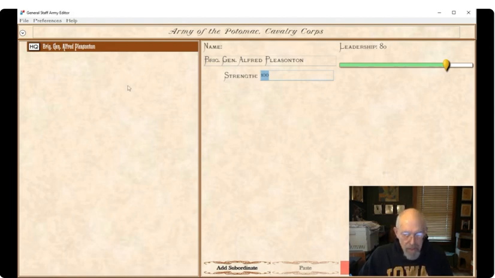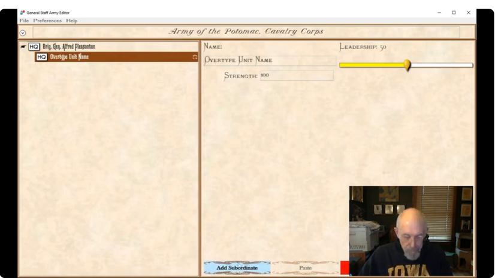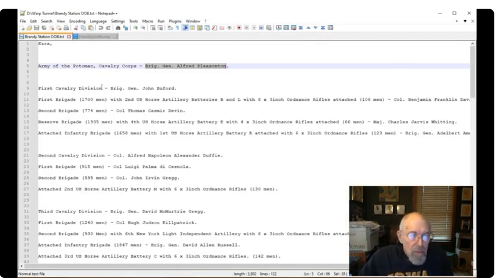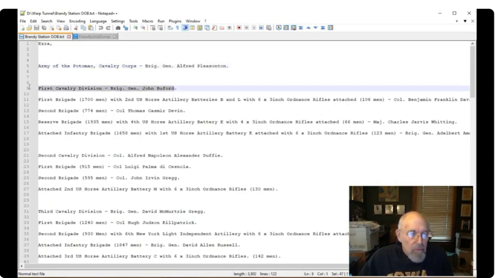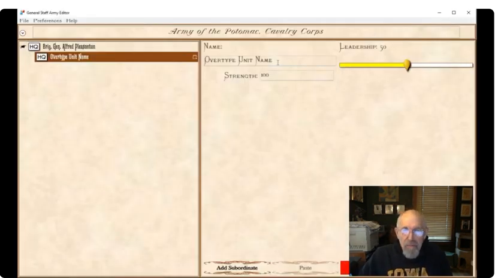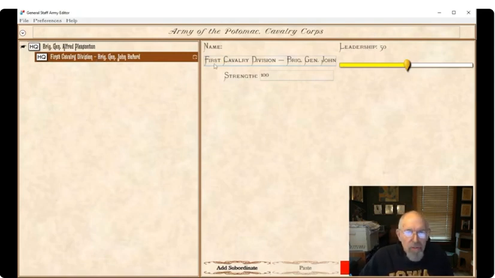Next, we're going to add a subordinate unit. We just come down here to the bottom, click Add Subordinate. Go back to the order of battle table that was sent to us, and we see 1st Cavalry Division, Brigadier General John Buford. Copy that. Let's go back to the Army Editor. Even though it all fits in there, let's shorten this up a little bit.